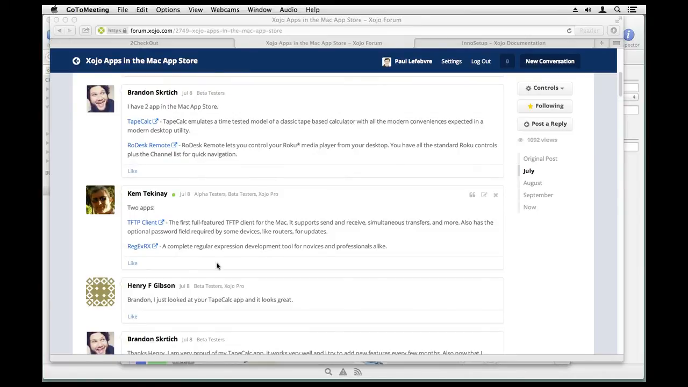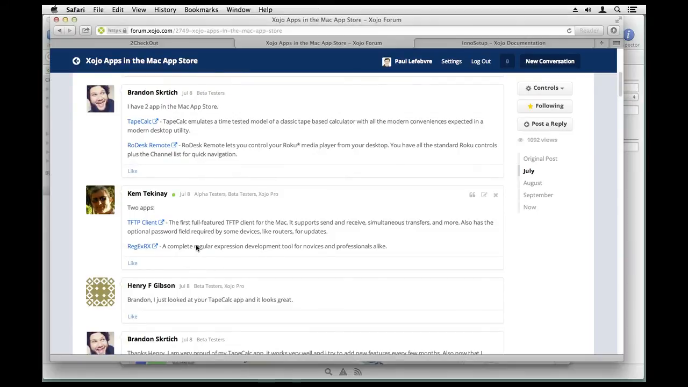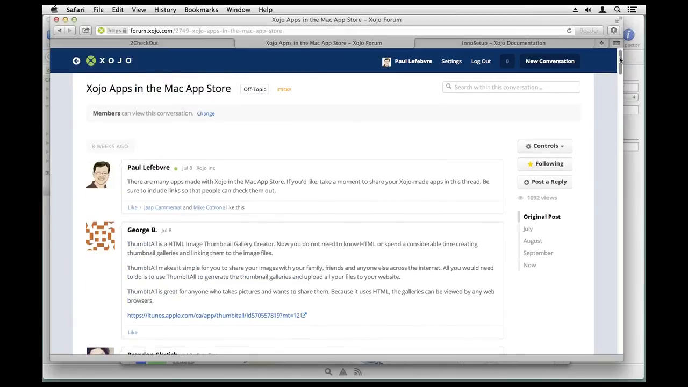Some people do make developer tools like RegRx that maybe make sense in the developer forum, but a lot of it is just to build the community and help people share what they've done and talk about what's worked and what hasn't worked. And it's always good to get links to your products out there. So it's not going to give you the most traffic, that's for sure, but